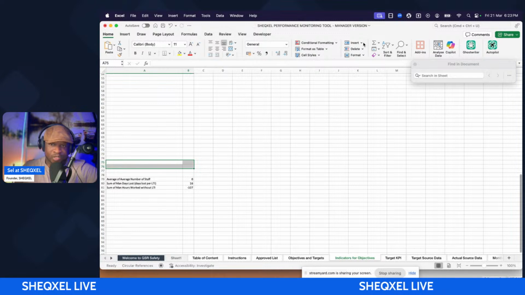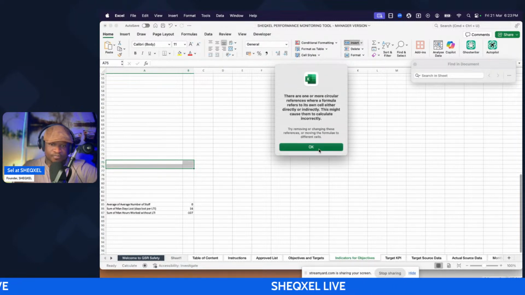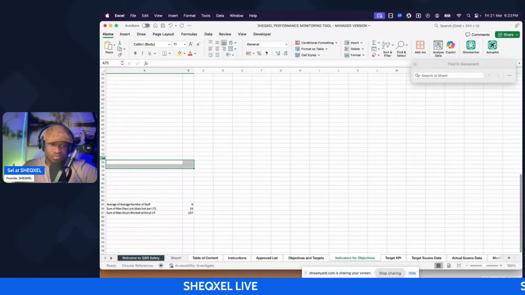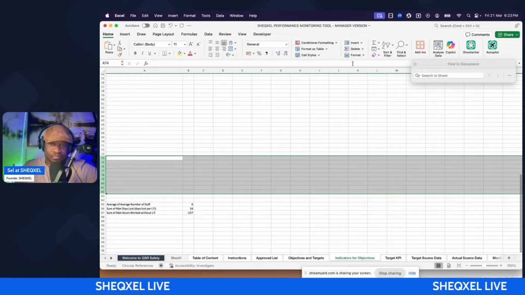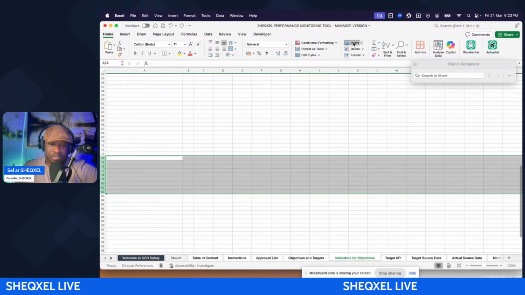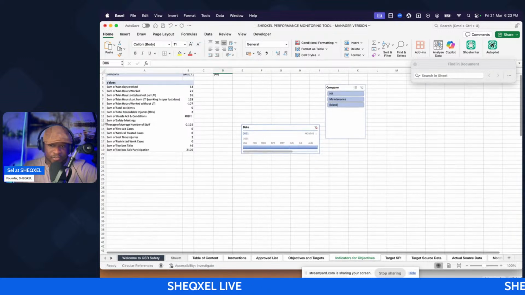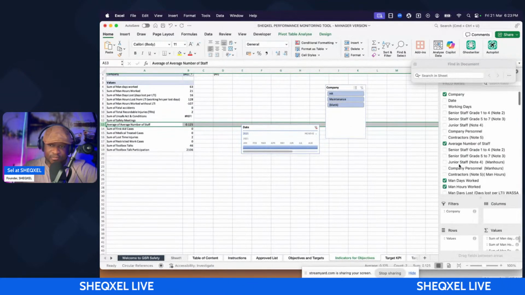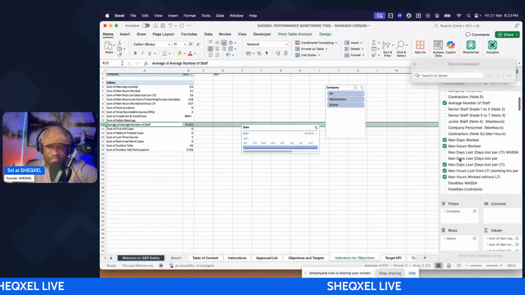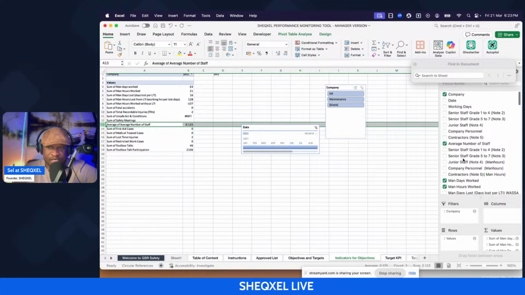So I'll just push them all the way down, just to make sure we don't tamper with it. Okay, so I'll just go ahead and select everything. So a lot of parameters we're going to be selecting, but we want to focus on where the summations are. So we have the